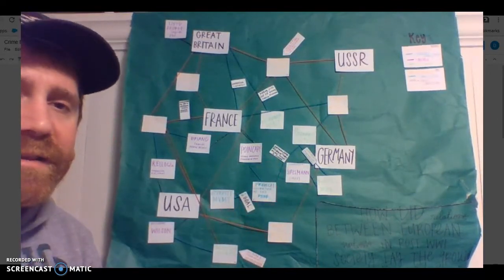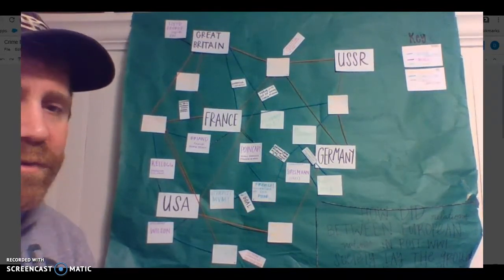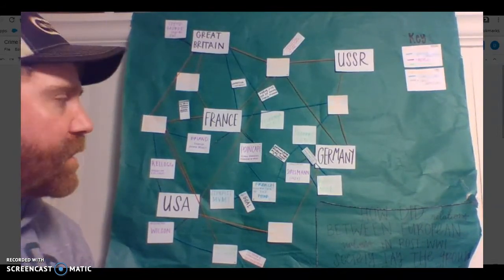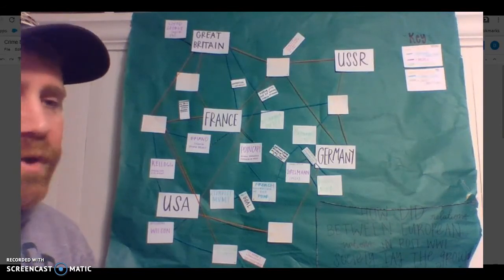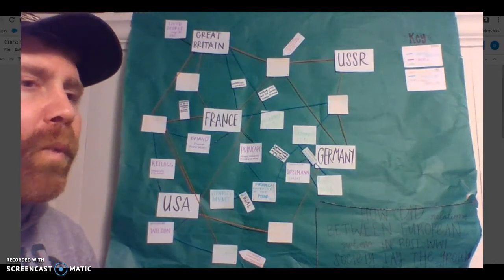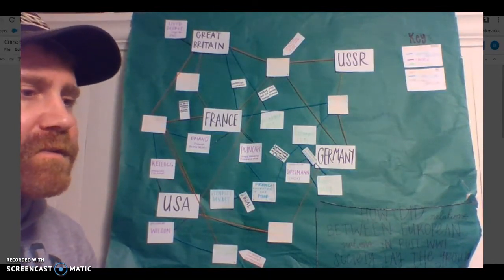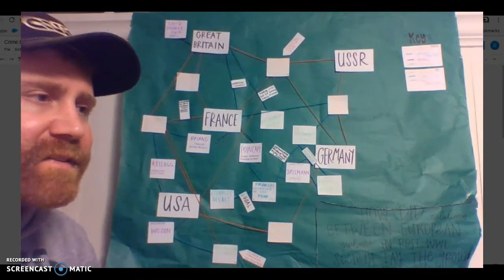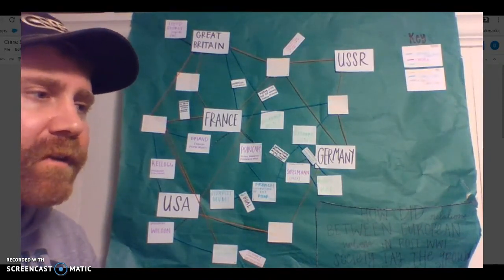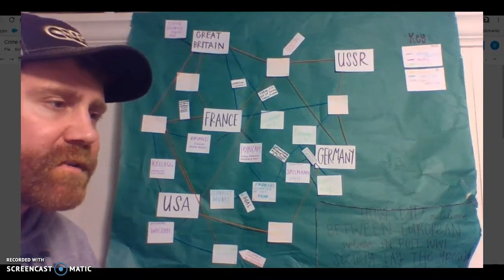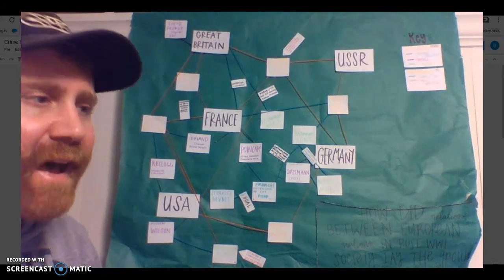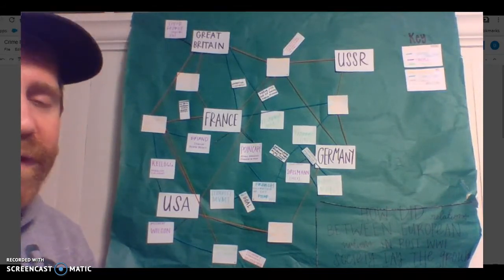But we need analysis, right? Analysis or analytical statements. This is the how and why. How does the evidence here show that Andrew Jackson was a blank type of president, or why, or what is the importance of this evidence? Why is this piece of evidence significant? What resulted, or what was the consequence from this piece of evidence that you have presented, and how does that consequence help you answer your question?